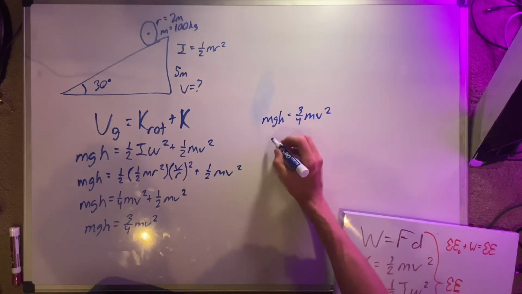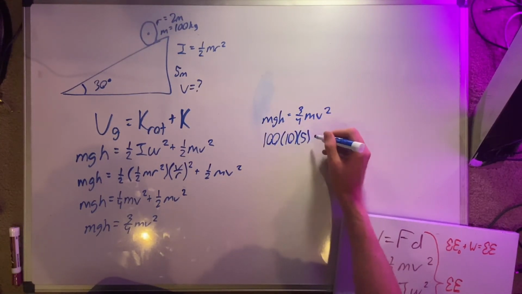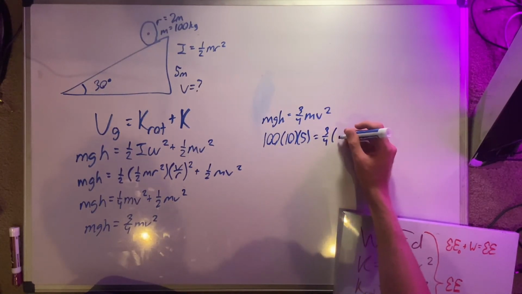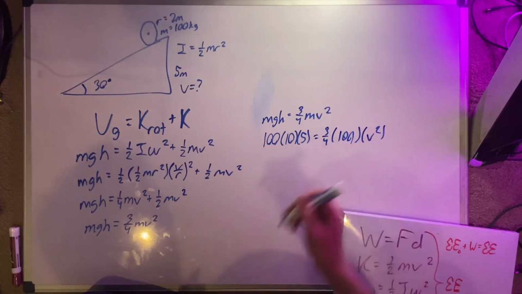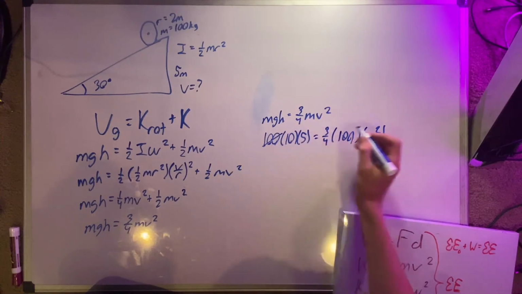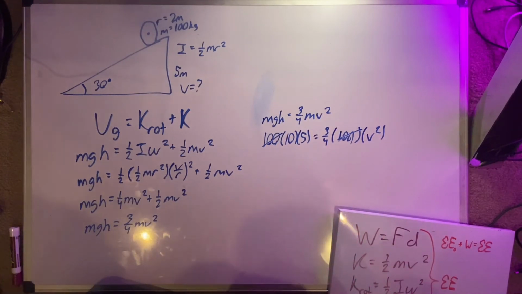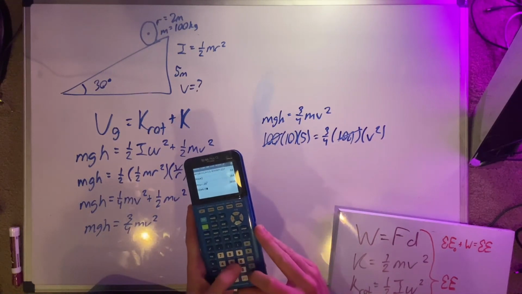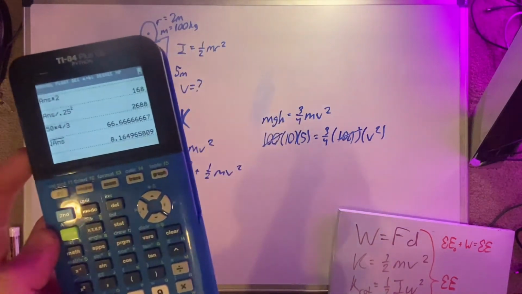So we would have 100 times 10 times 5 is equal to 3/4, 100, times velocity squared. So we can take out the 100s from there. I forgot to just negate the masses here. So 50 times 4 divided by 3, 50 times 4 divided by 3, all under a radical, is